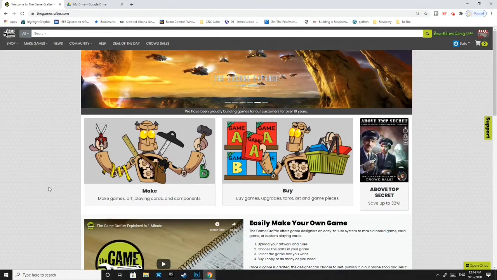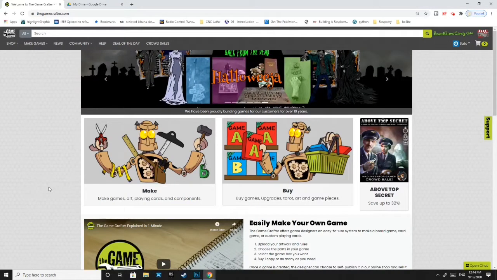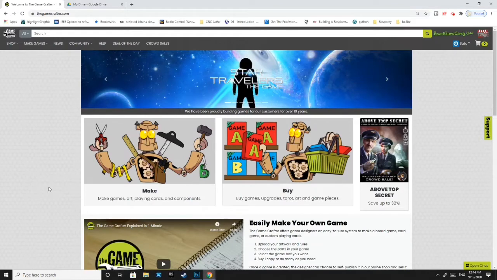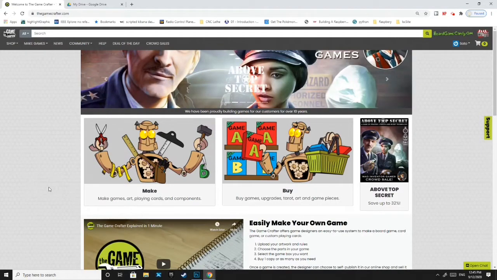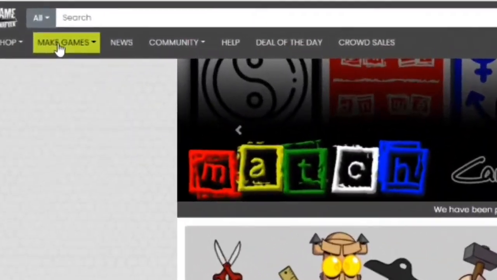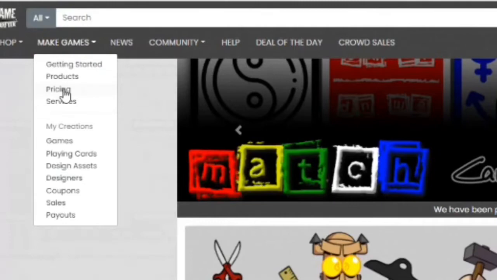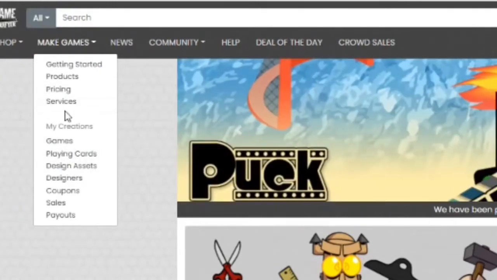I'm Mastodon, and today I will be showing you how to make your own trading card game in the Gamecrafter. If you haven't already seen our video on how to make your own trading cards, make sure to check that out, because we will be using the card that we made in that video to show how to put it into the Gamecrafter. So first, you'll want to go into Make Games, then